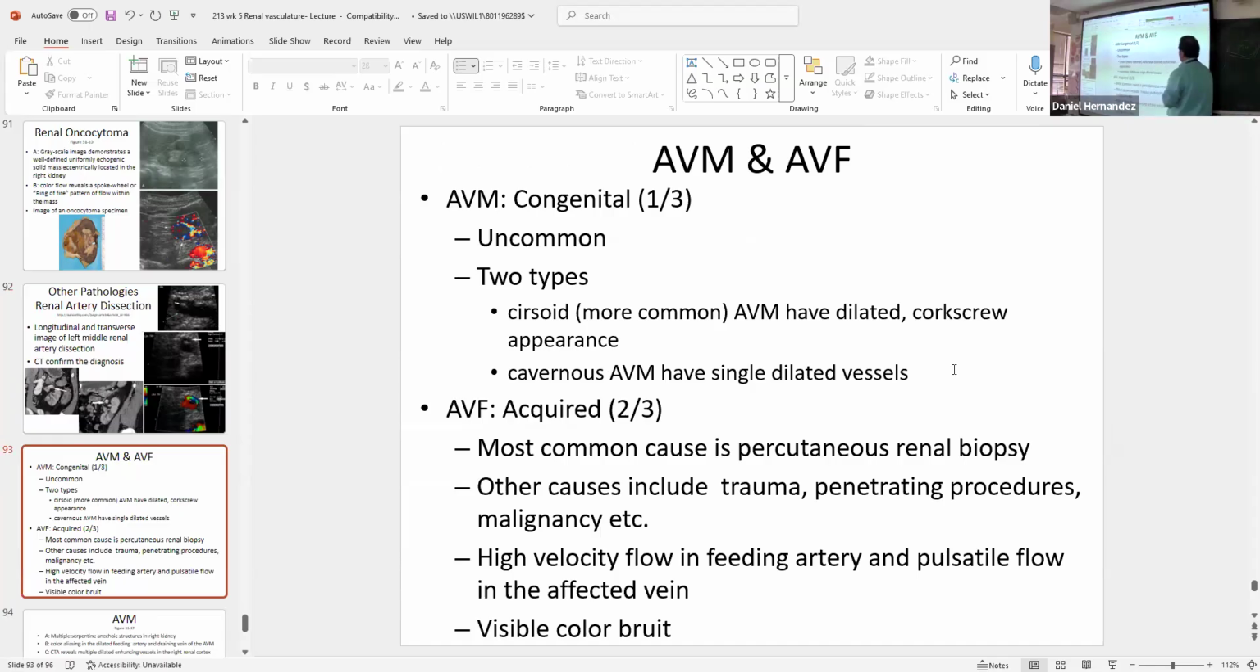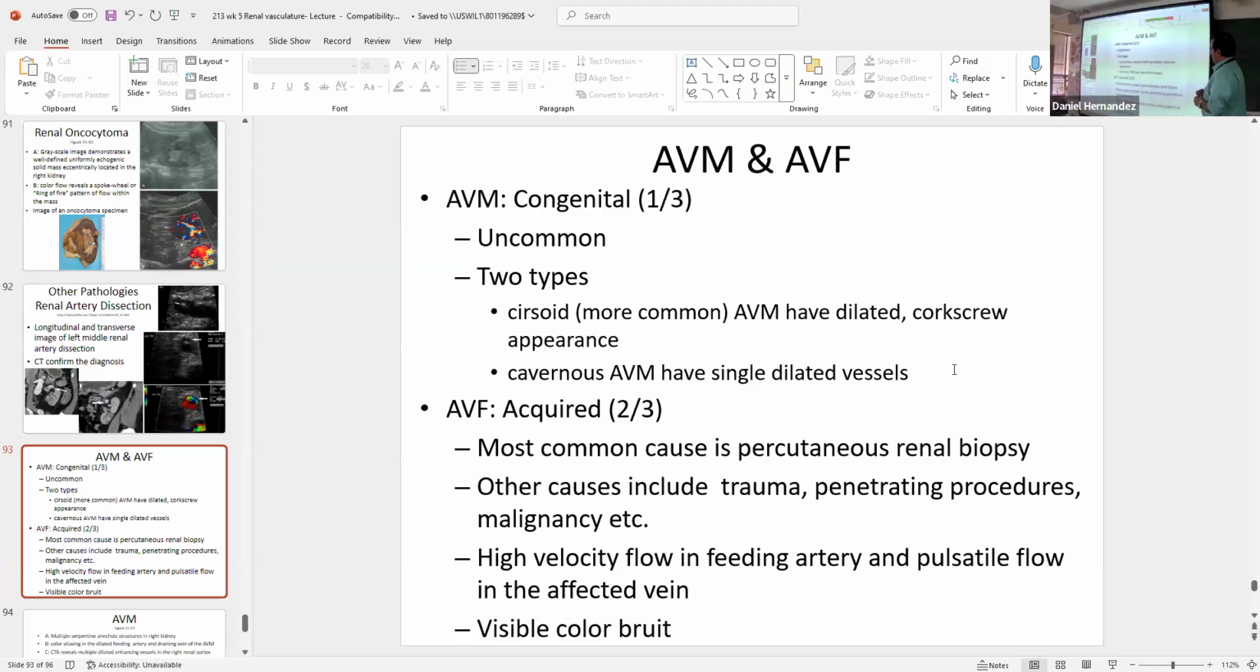AVM and AVF. This is something that might be a little more common, particularly if they've done any sort of renal biopsy on this patient. An AVM is a congenital malformation, an arteriovenous malformation. This is a fistula that a patient is born with. They're very uncommon. Two types: there's a cirsoid, which is more common. So AVM has a dilated corkscrew appearance. And then cavernous arteriovenous malformations have a single dilated